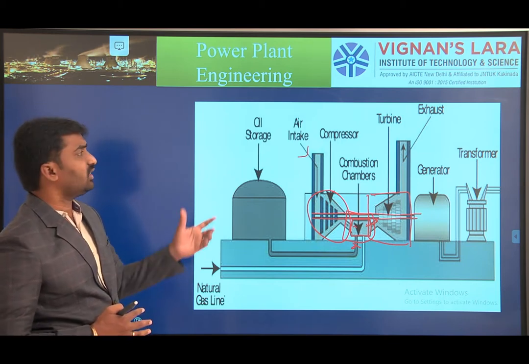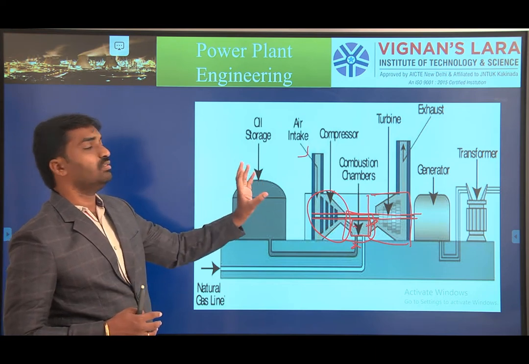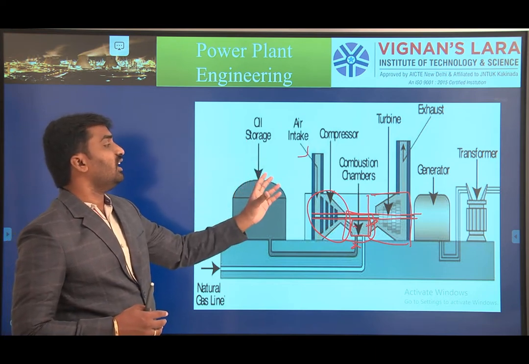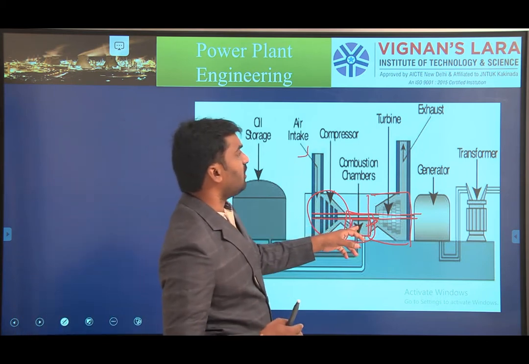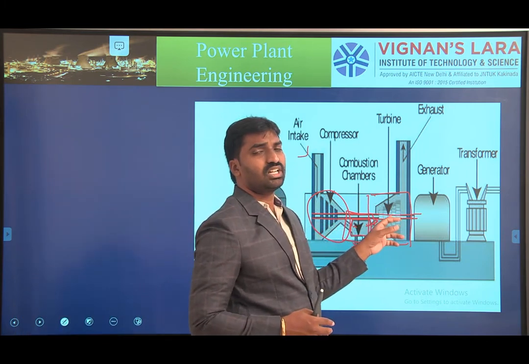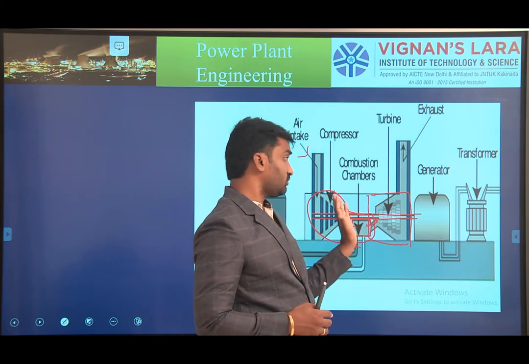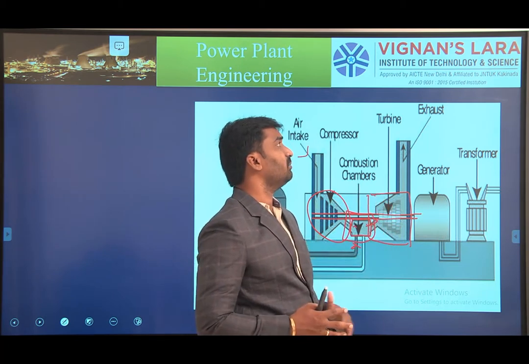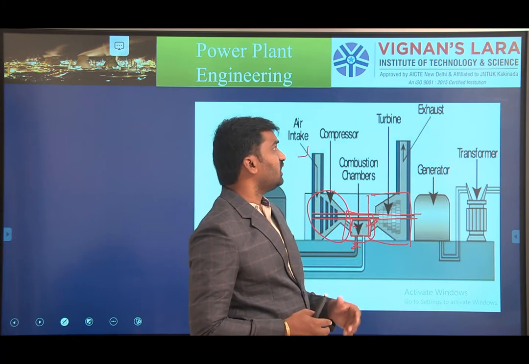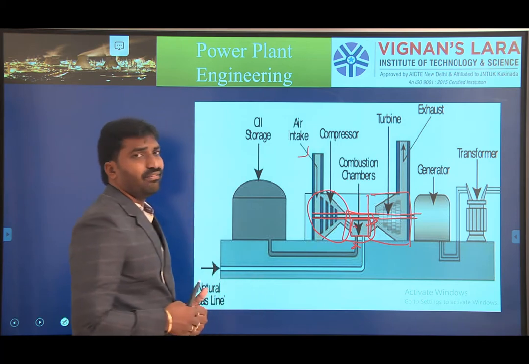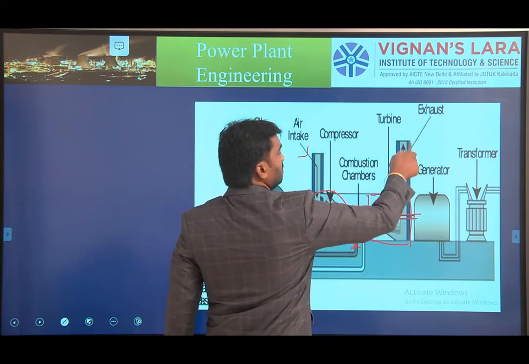Okay. So I think all the components are clear here. Oil is required, compressed air. We need to take the air, and that air is compressed by a compressor. Later we need the combustion chamber, and after the combustion chamber we need to arrange the turbine. In a turbine, that kinetic energy is converted into mechanical energy. And here one more thing: after the turbine, some amount of exhaust gases is removed through the exhaust chimney.